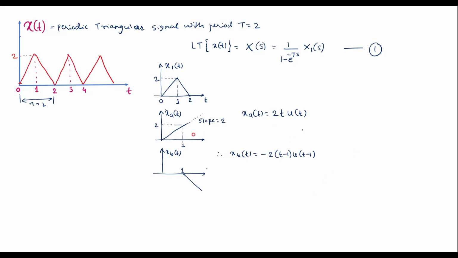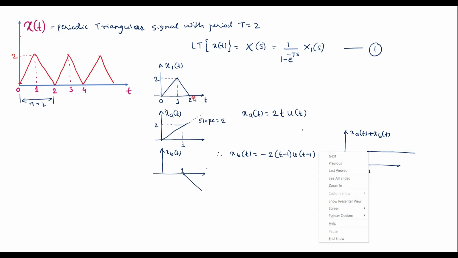So now upon adding these two signals, we can get the resultant signal. Here I will show the resultant signal of these two for understanding purposes. So let this be xa of t plus xb of t. It looks like this. This is xa of t and xb of t. Here we can see that at t equal to 1, we have a negative ramp signal. So now at t equal to 1, again we are supposed to add one negative ramp signal, so that we'll get this part of the x1 of t.